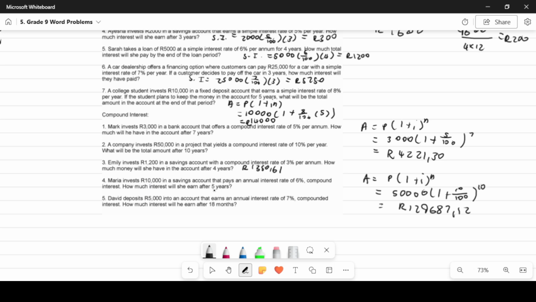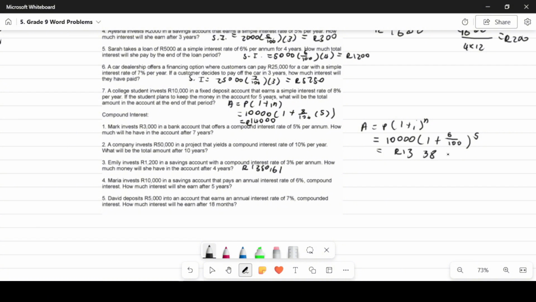Right. Maria invests 10,000 into a savings account that pays an annual interest rate of 6% compound interest. How much interest will she have after 5 years? So again, as I spoke about previously, to find the interest when you have the compound interest formula, it's not as straightforward as using a formula. You have to first find the A and then subtract the P. So A is equal to P times (1 plus i) to the power of n. Therefore we'll get 13,382.26 as how much she will have in the savings account at the end of 5 years,